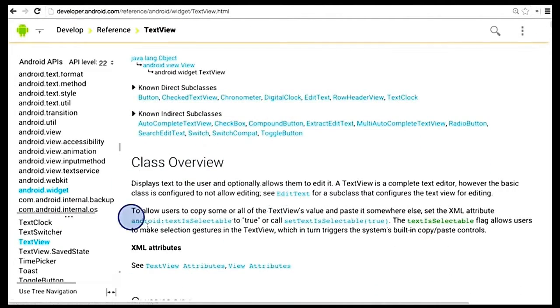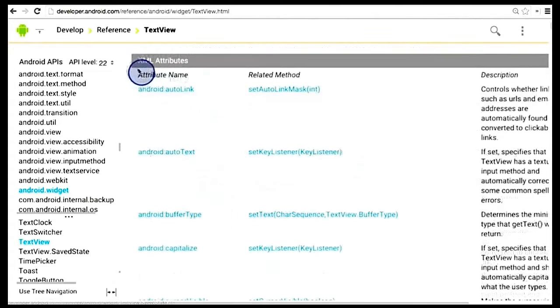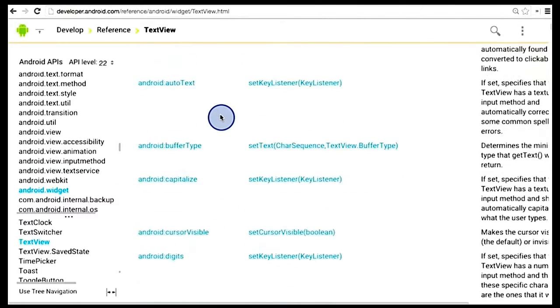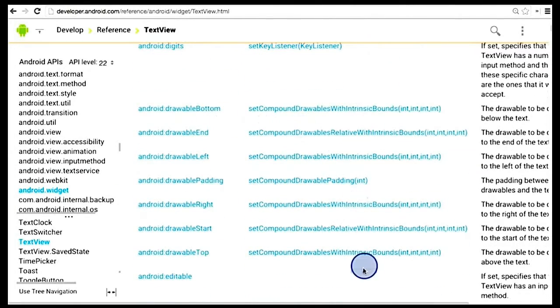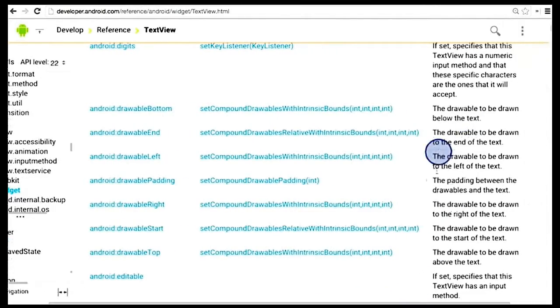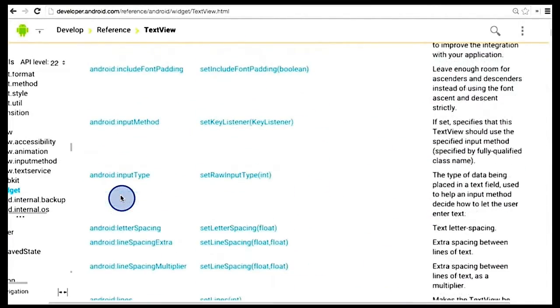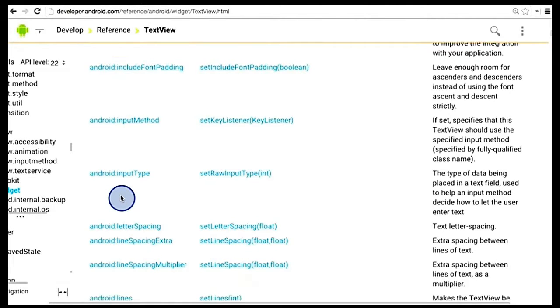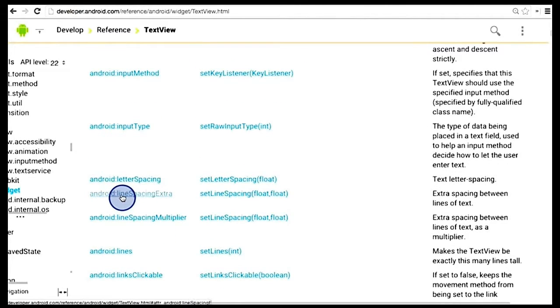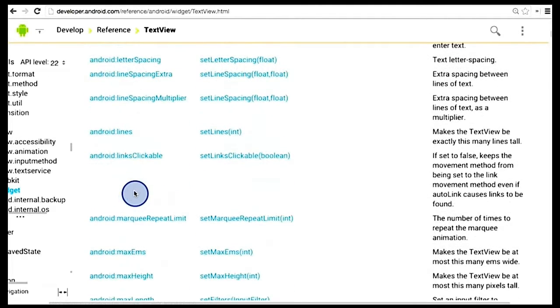I may read the class overview, and then I can scroll down. This is the interesting part. It lists out the XML attributes. These are all the possible XML attributes for TextView. It also includes a nice description on the right-hand side for what it does. Now you don't need to memorize all of these attributes. In fact, I haven't used some of them. I usually work with a small subset of them on a regular basis. But I know that if I ever need something special, I can always come to the TextView documentation